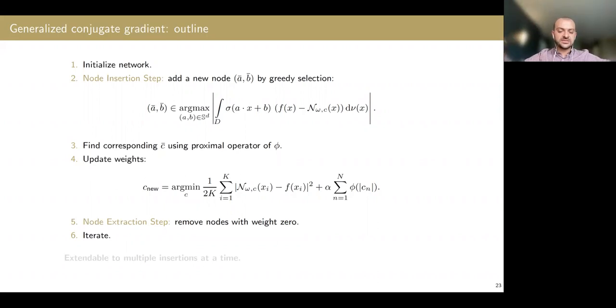In some cases, you may start with a network, decrease the size, then increase the size, then decrease the size again. So really the size keeps changing. And this can be extended also: instead of inserting one node every time, you can insert more than one node on every iteration. This is basically the algorithm we use to solve the problem.